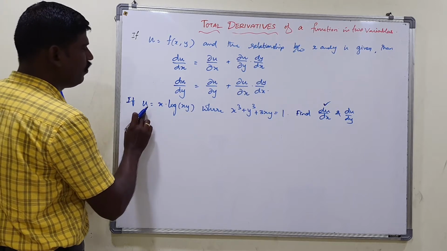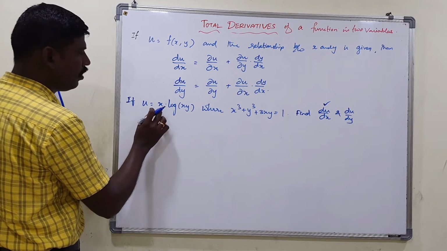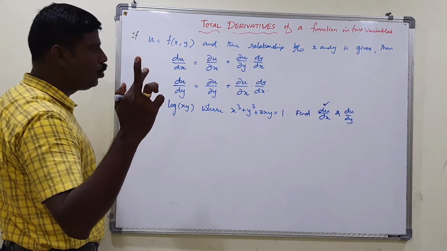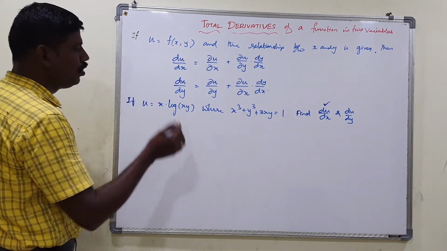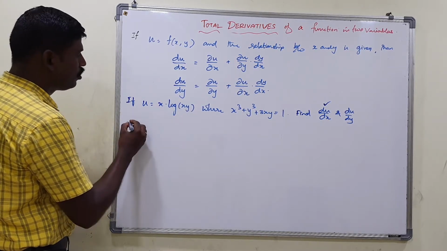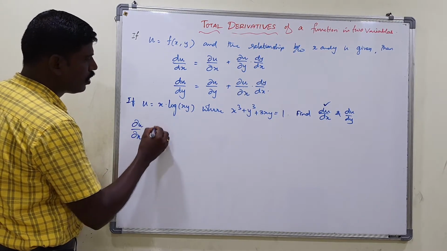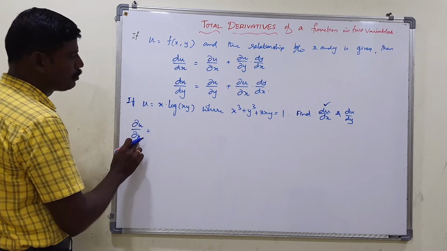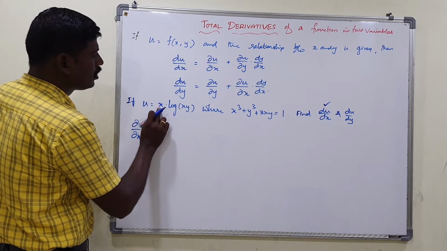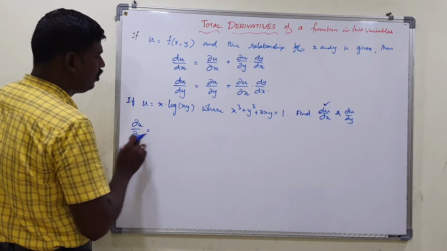Look at this given function, u is equal to function of x and y. Look at the right hand side. How many variables are involved in the right hand side? X and y, two variables. So take the partial derivatives of u with respect to the two variables x and y. Now I am going to find out dou u by dou x at first. Here x is in a product, and x is also inside the log function. So we have to apply the product rule to differentiate with respect to x.